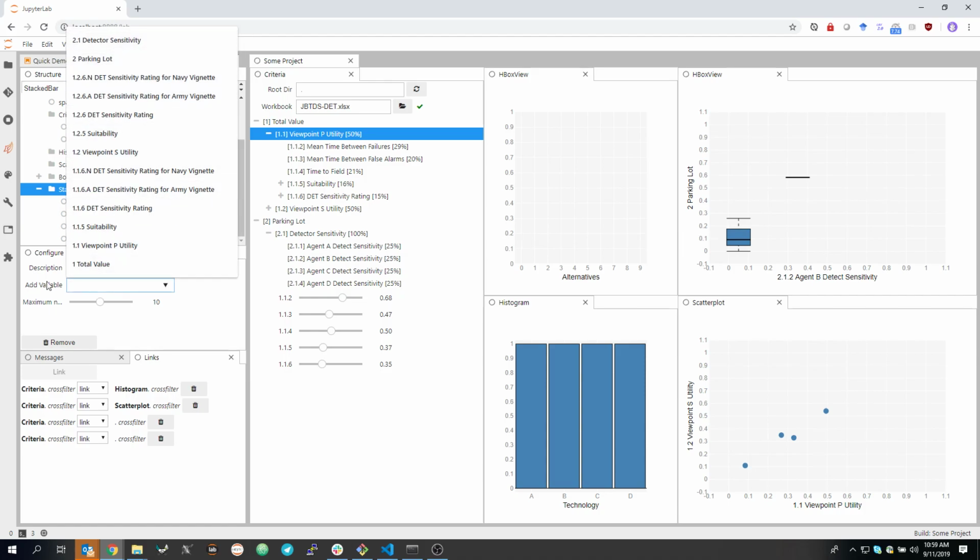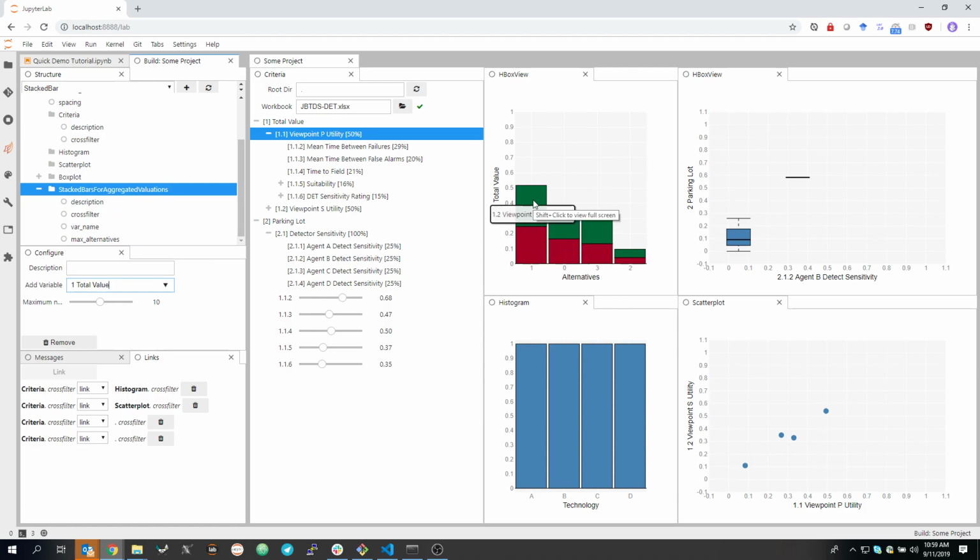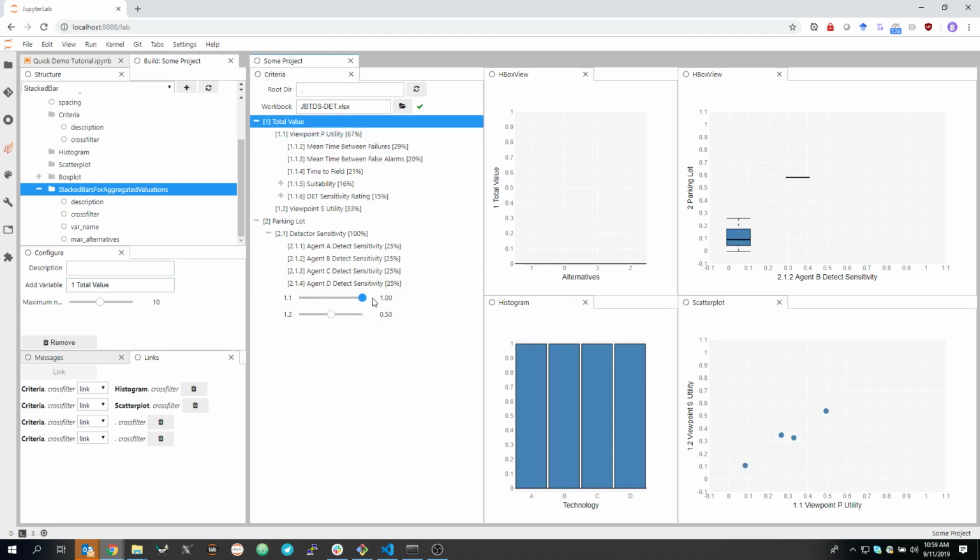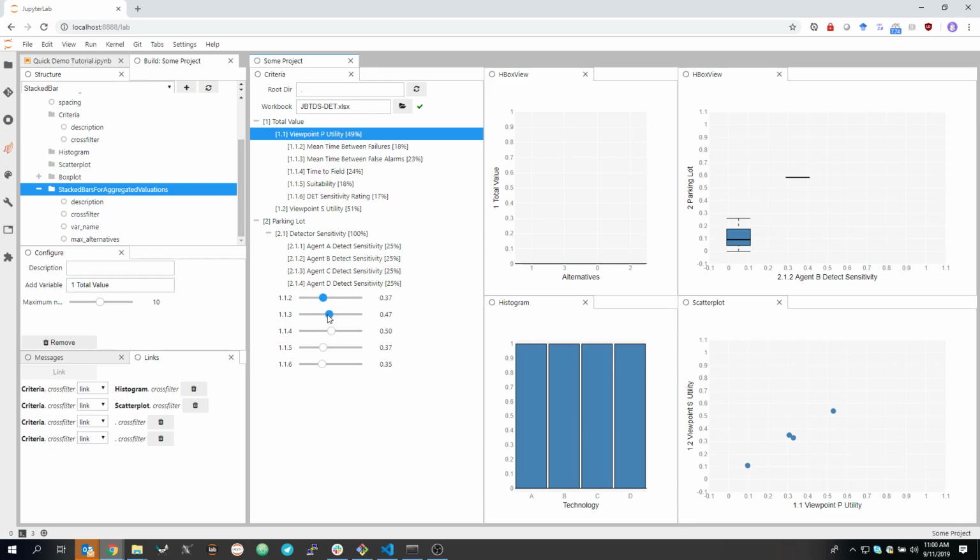When you select on the stacked bar chart the variable to display, it's only going to allow you to do aggregated criteria. These are all the criteria that have children that are also criteria. So for example, if you want to do a total value here, total value only has two children, viewpoint P and viewpoint S. You can see the contribution from each one, which is the value that those sub-criteria have times the weighting that's assigned to them. So if we go back up here and we say, hey, I care more about this than that, we will see